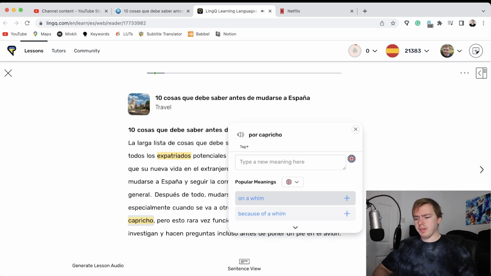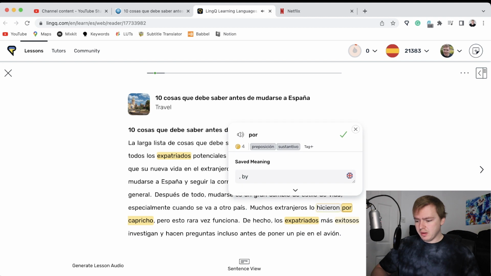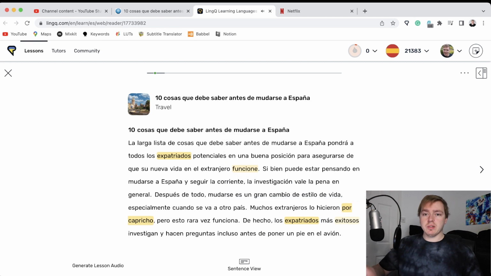Okay, so here I've highlighted two words, por capricho, which means on a whim. I didn't know that meant on a whim, and so I'm going to mark it, and now I've got a little phrase marked off, and then you can press it, por capricho, on a whim. That's a cool little saying if you need to say on a whim. If you remember por capricho,